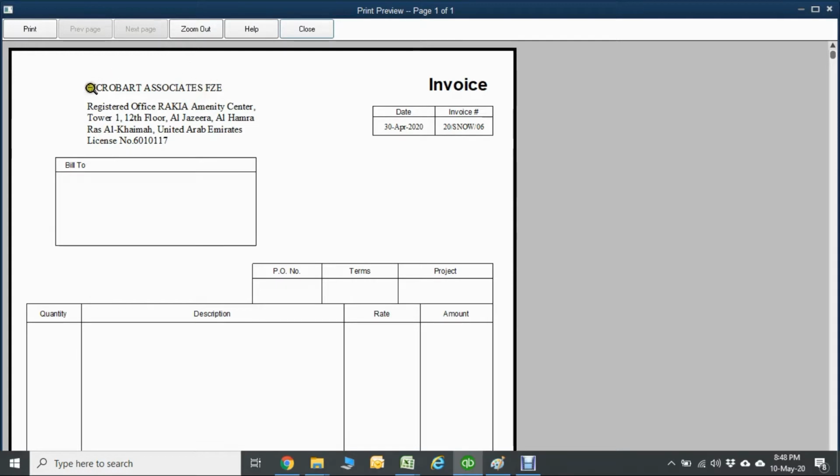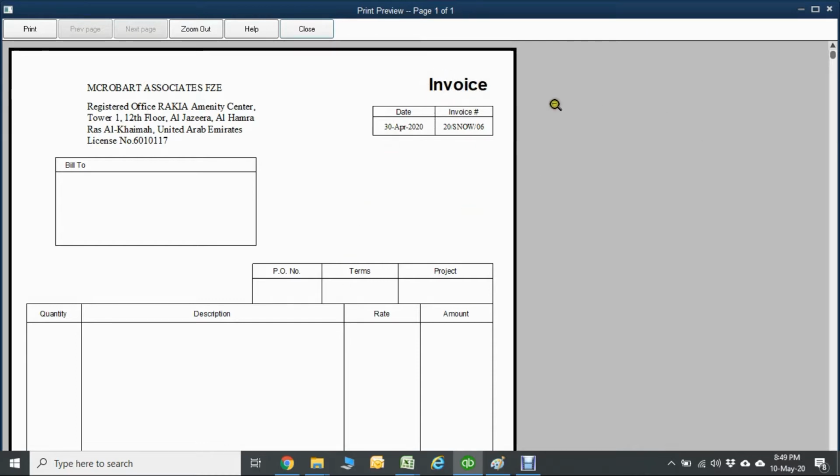It's not colorful, and there is no logo showing. You can mention some more boxes here, or remove these boxes if you want. You can also add color here, here and here. Overall, for the dates and invoice, you want to make a colorful invoice format.